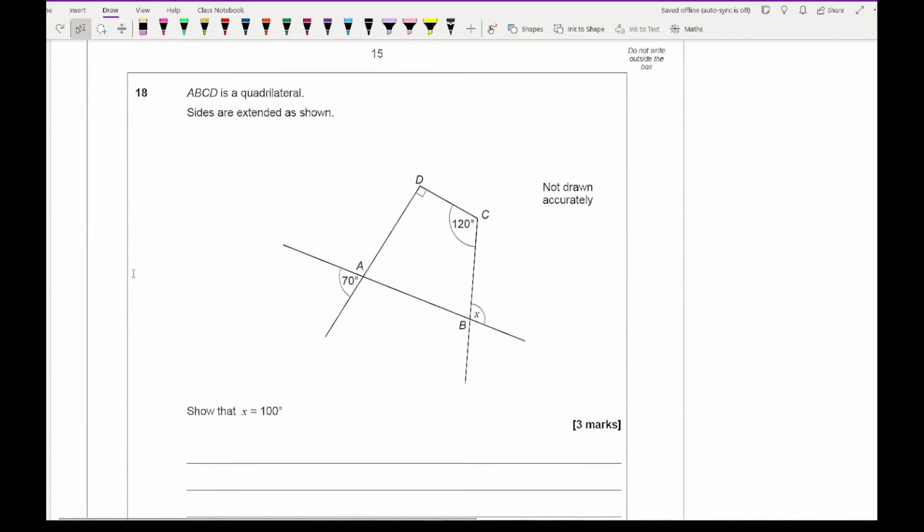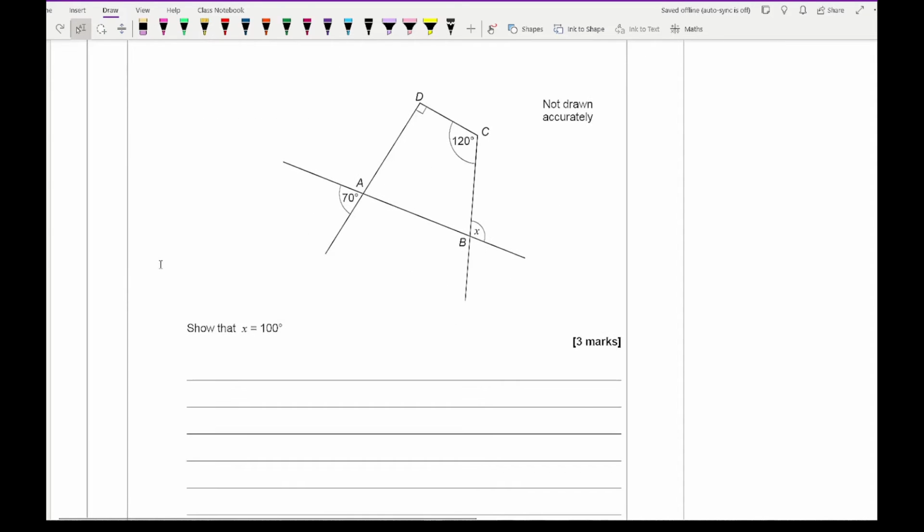Then the next question, question 18, it says ABCD is a quadrilateral. Sides are extended as shown. Show that x equals 100. So again, I can show my working out on the diagram, but let's just go through it anyway. So this angle here is going to be 70. Why? Because it is opposite. Then from this, what I then know is that angles inside a quadrilateral add up